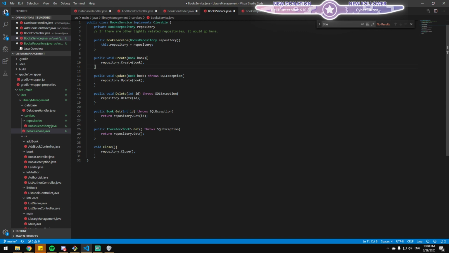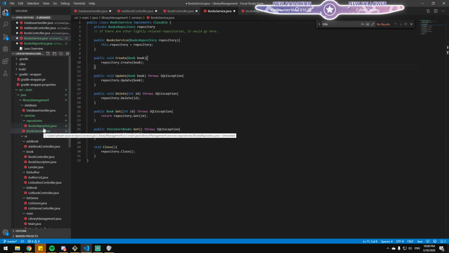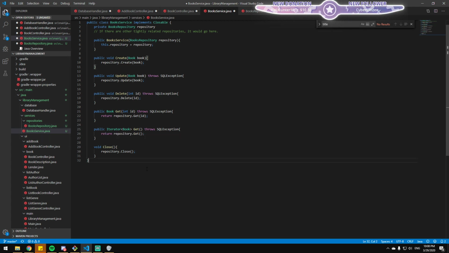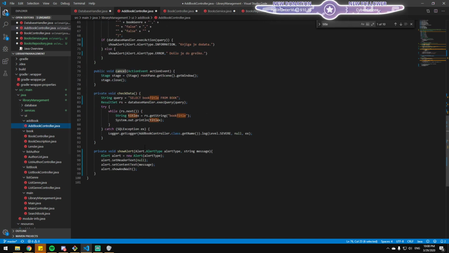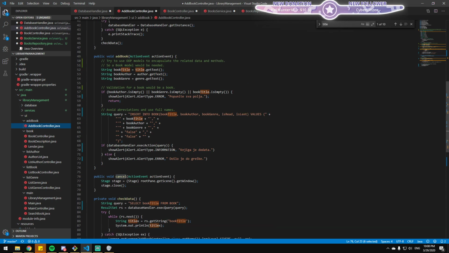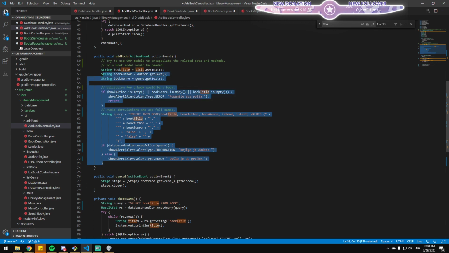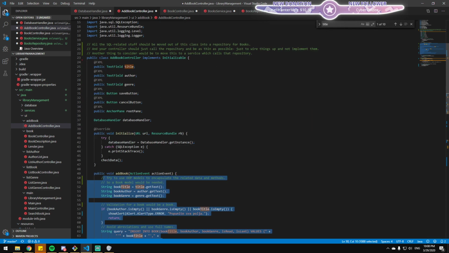So you wouldn't have just one book repository. Depending on your system, if you were to expand this to become a library where you have books, videos and whatever, each one of them would have its own service and its own repository.